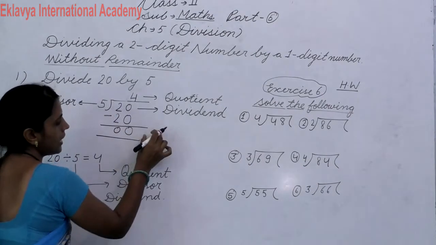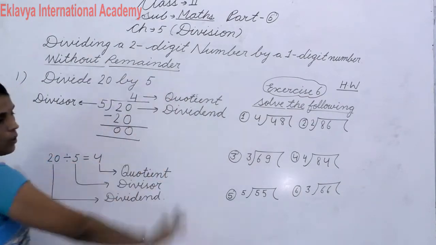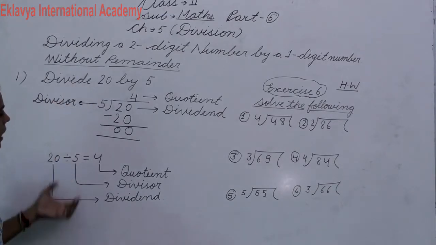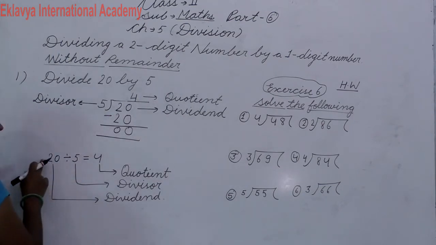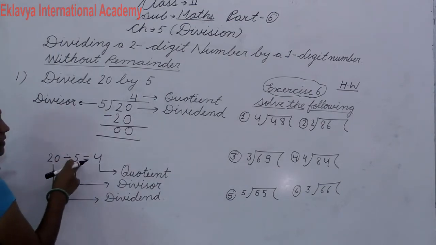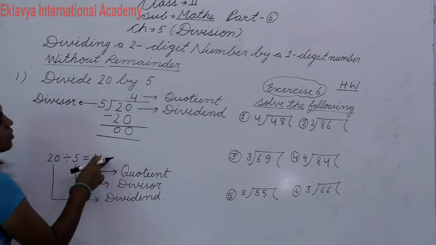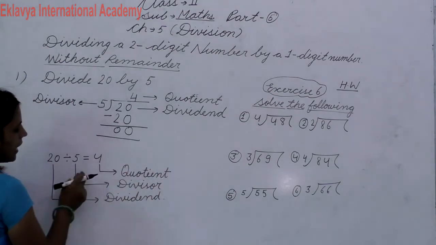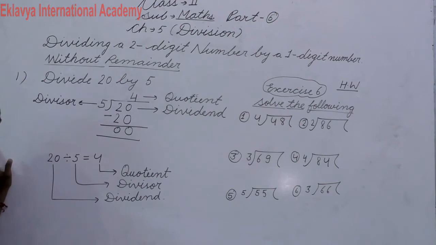So you didn't get any remainder? Yes or no? So that is your question without remainder. That is your first question, and we can do that type of question in two ways. Again, you have dividend 20 and divisor 5. So we will speak the table of 5. In which number will we get 20? 4 is your quotient. The quotient is your answer. So I am writing here: that is your quotient, that is your divisor and that is your dividend. Got it, beta?